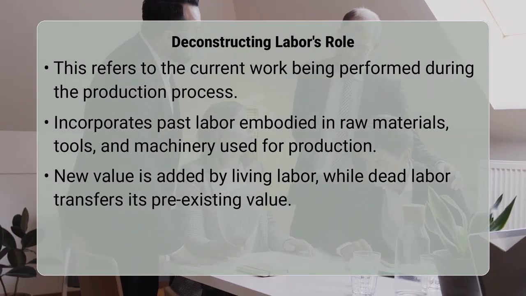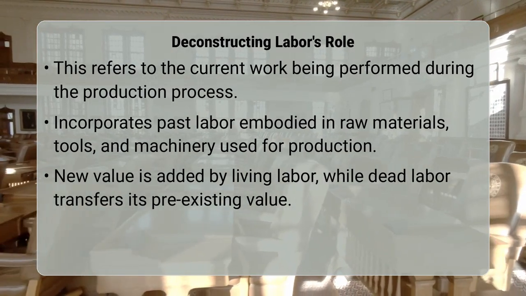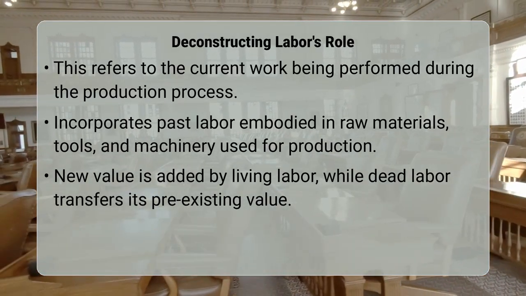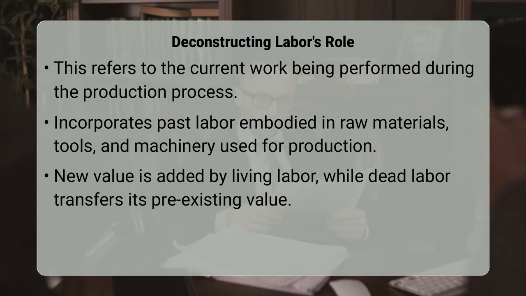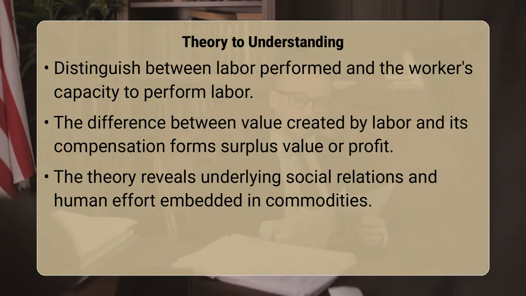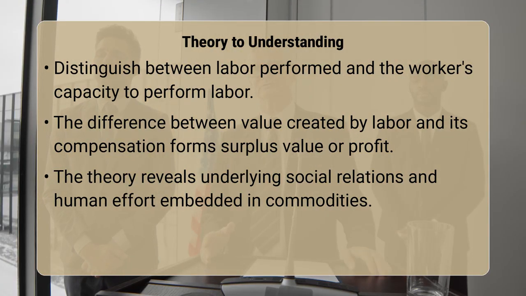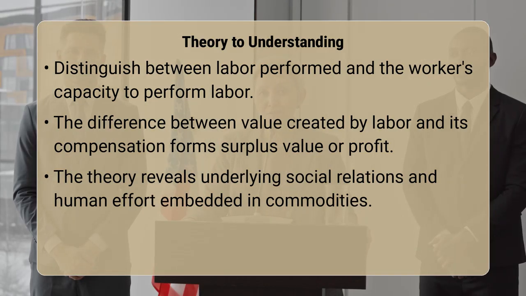This concept introduces the critical distinction between labor and labor power, an insight unique to Marx's application of the theory. Labor is the actual work performed, while labor power is the worker's capacity to perform work. Capitalists purchase labor power, paying a wage, but the worker then expends more labor in the production process than is compensated by that wage. This difference, the value created by labor that exceeds the value of labor power, is what Marx termed surplus value, forming the basis of profit and what he identified as exploitation.